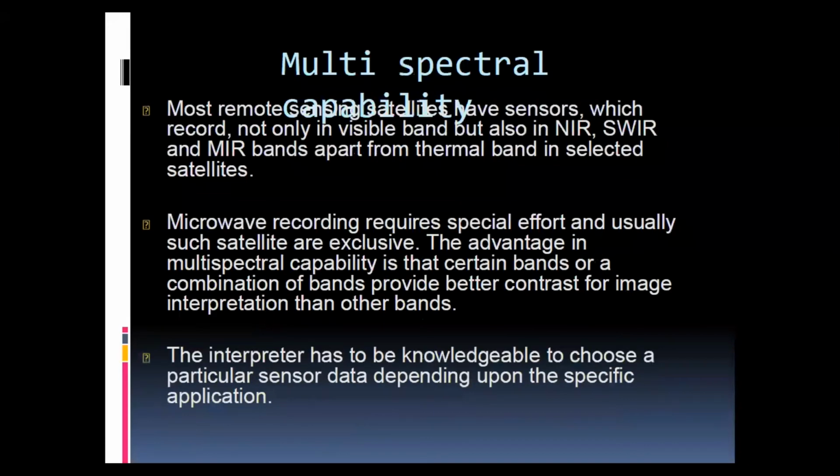Multi-spectral capabilities of remote sensing means that sometimes there is more than one sensor attached to a satellite, and those sensors are used to capture information. Microwave recording requires special efforts, and usually such satellites are exclusive. The advantage in multispectral capabilities is that certain bands or a combination of bands provide better contrast for image interpretation than